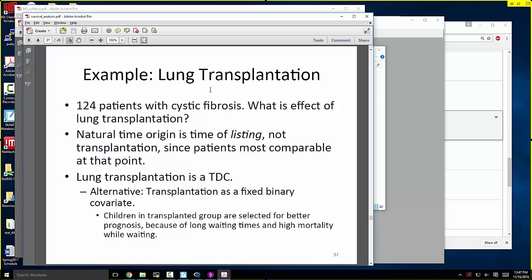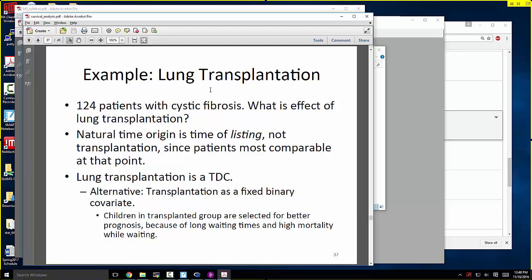The interest is in the effect of lung transplant on survival. Survival times for the children in this study are listed from the time at which they are placed on the listing for candidates for transplant. So we have survival times from time of listing,